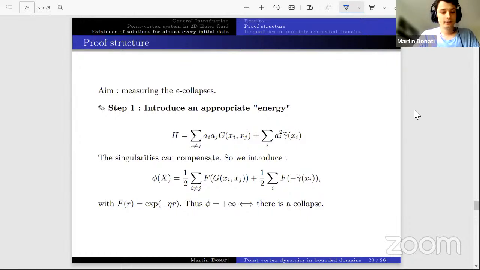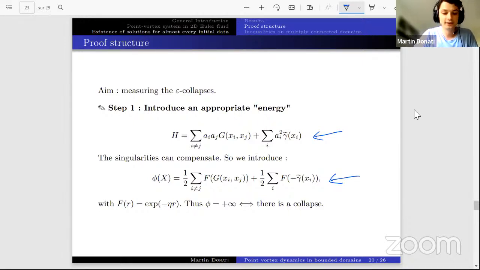So the first step is to introduce an energy. Why do we need this? Because, as we said, the Hamiltonian is not the good energy here, because it's preserved, but the singularities can appear and compensate themselves. Okay, so the idea of Marco was to introduce this energy, which looks like the Hamiltonian, but